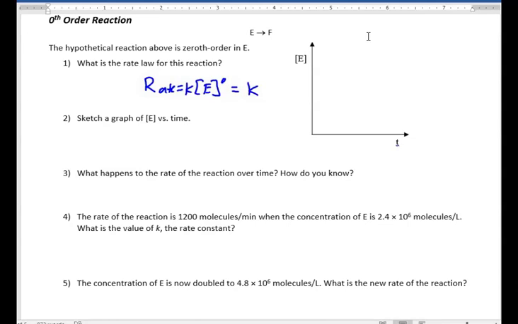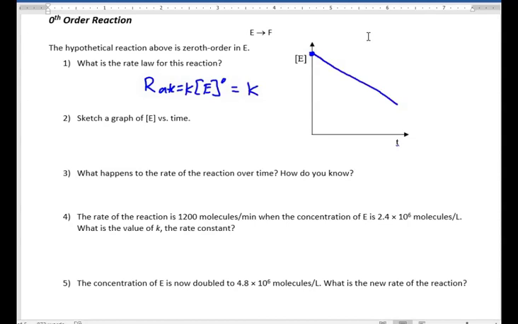So these are kind of rare, but they do occur, especially if your reaction is catalyzed. Typically, it depends on how much catalyst you have. The reaction won't occur without a catalyst, and so you're kind of waiting on the catalyst to bond with the reactant to make things happen. And so in this case, your reaction is going to